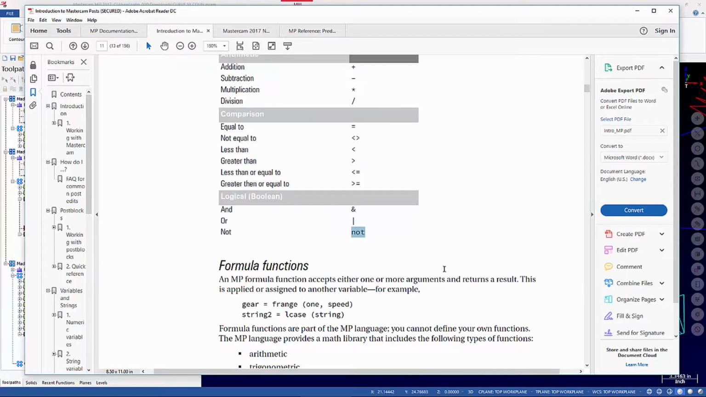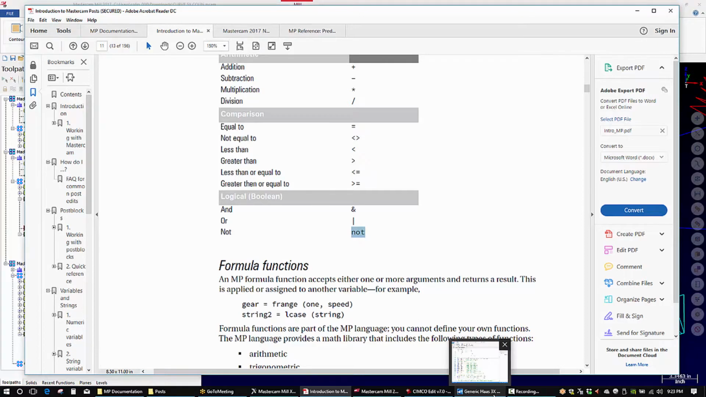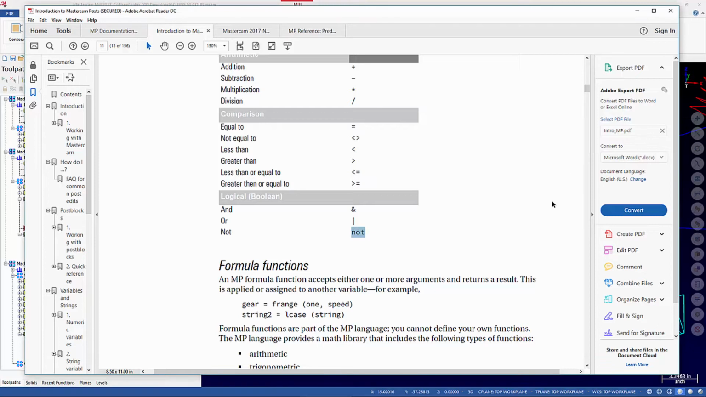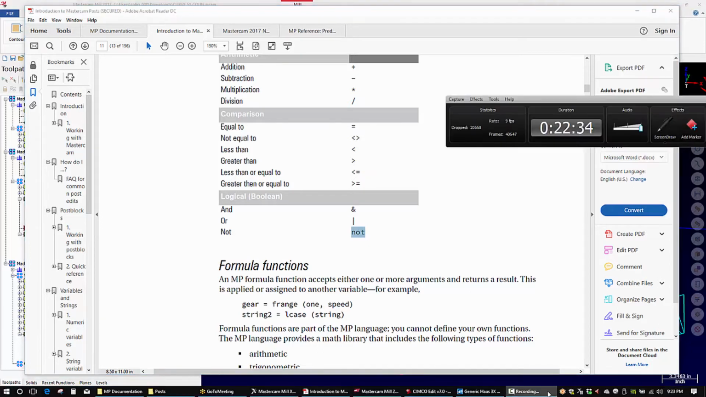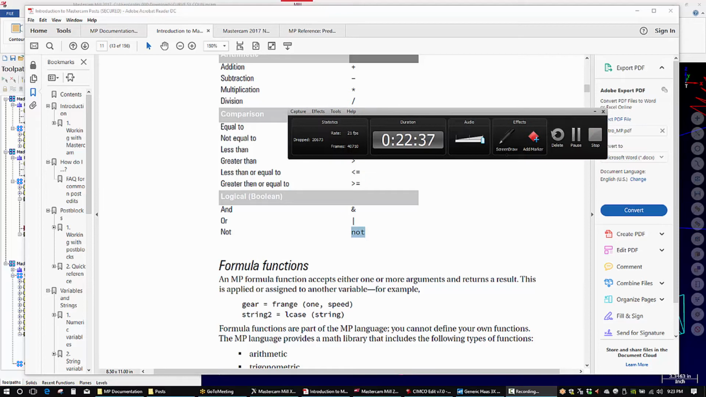Okay. Let's see where we're at here. All right. Formula functions. Let's see here. You know what? We've only got about 20 minutes left, so we'll go ahead and split the video